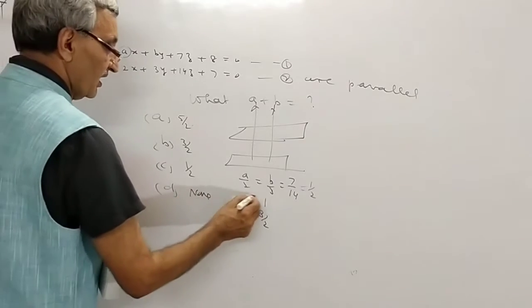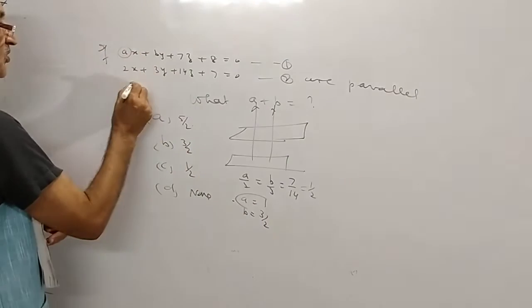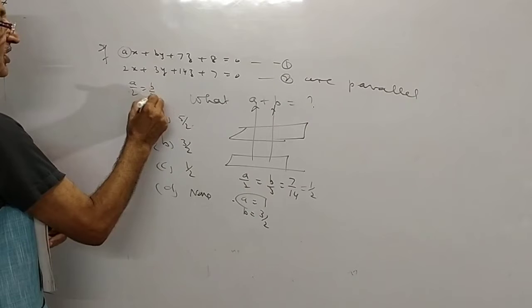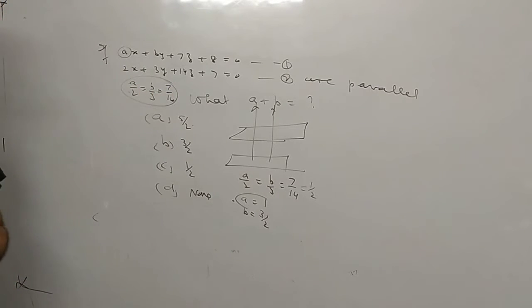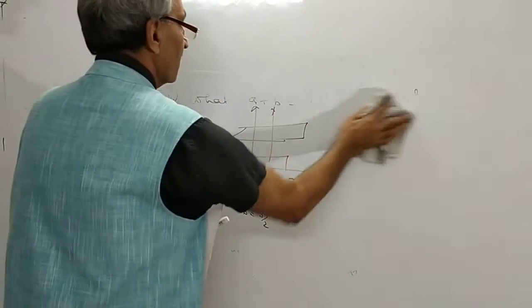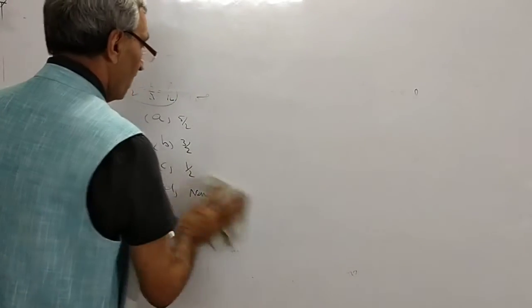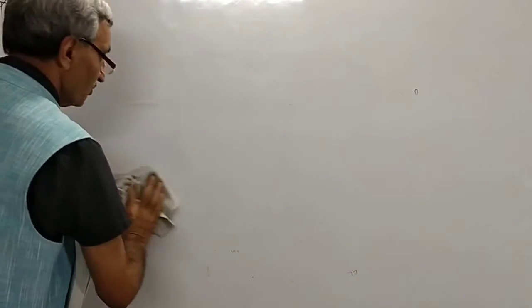So the answer is easy. They are proportional, A upon 2, B upon 3, and 7 upon 14. And from here, you calculate the value of A, B, C. So this was a simple question. When two are parallel, that means the ratio of their direction ratios should be proportional. My next question is,